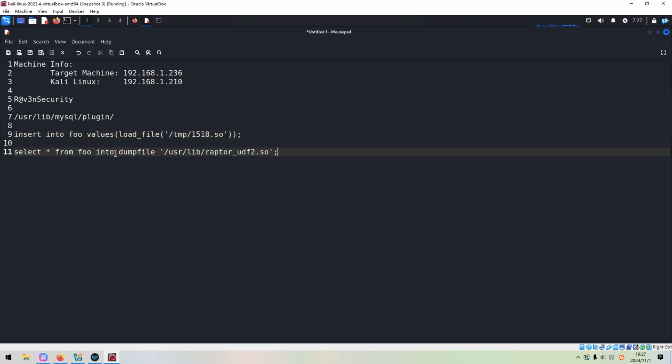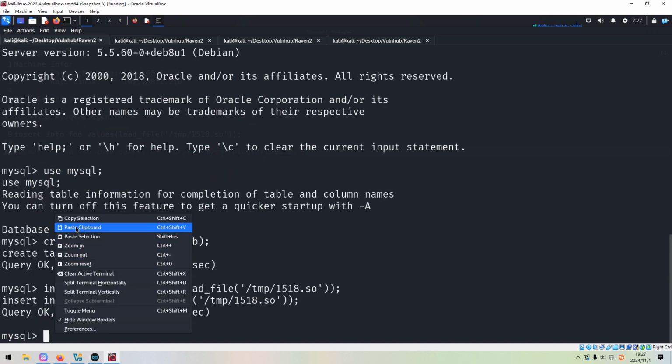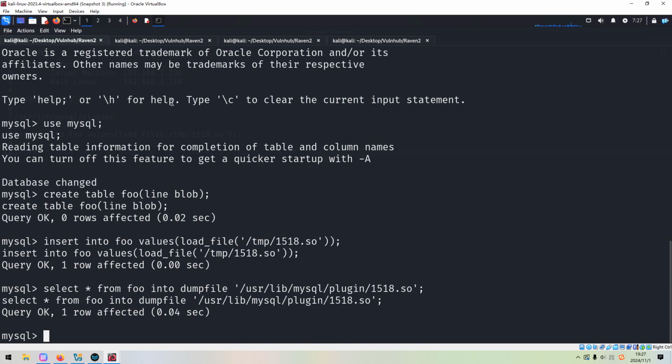And we can copy and replace this part. And we can use the same name. Okay, we can copy, then dump to the target or destination. It's done.